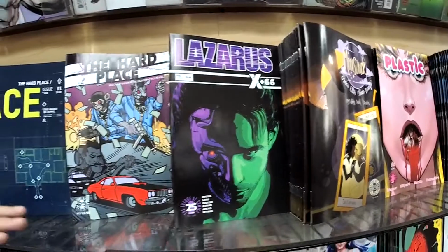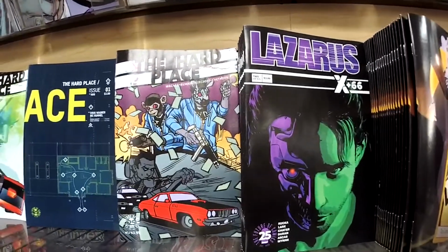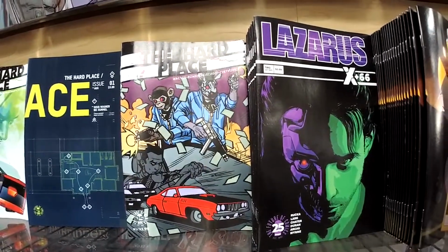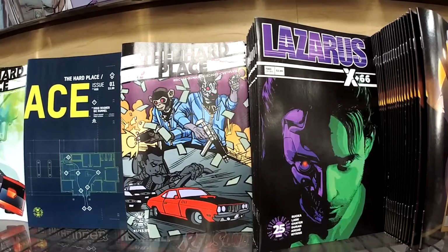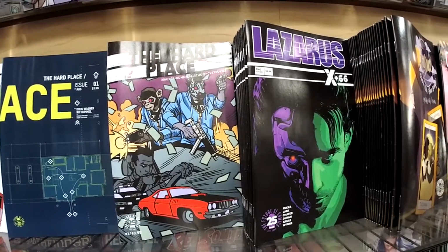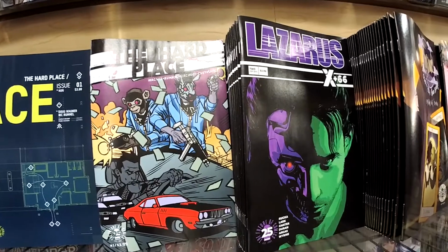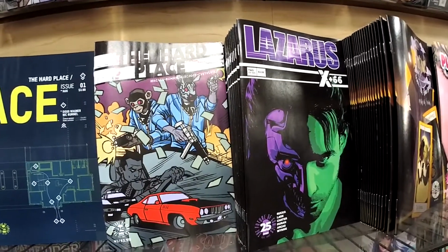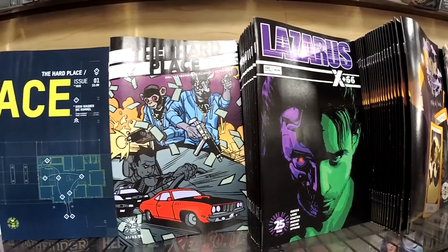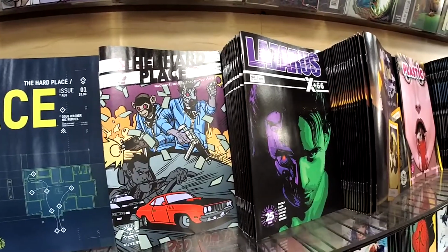It's great. Then we have a brand new book from Image. If you're looking to start from the ground up, it is Hard Place number 1. Really cool book and really fun. The premise is this guy is in prison for years, right? He's in prison for 5 years for pulling off a heist. He's a driver, the getaway driver. And he wants to go clean, but before he can go clean, he gets wrapped up into a crazy adventure where he gets forced to be the wheelman for this mobster who accidentally kidnaps another mobster's daughter, and it's crazy,